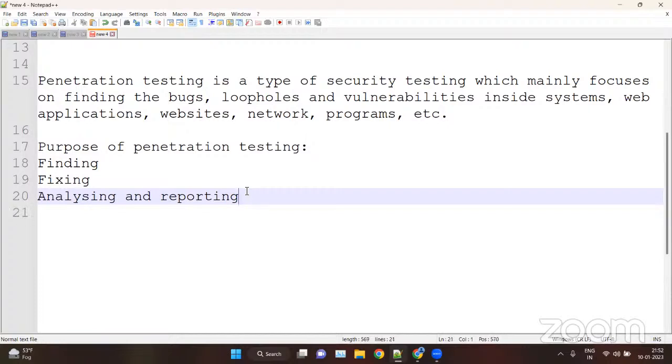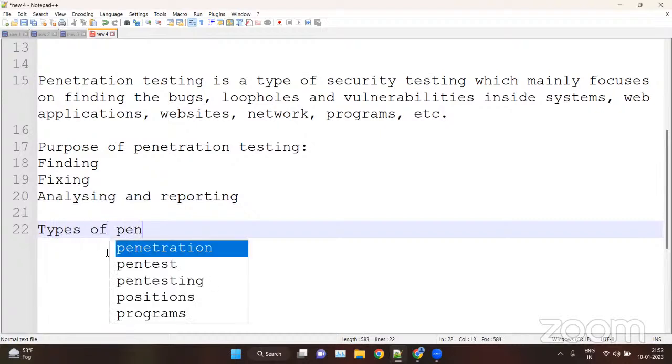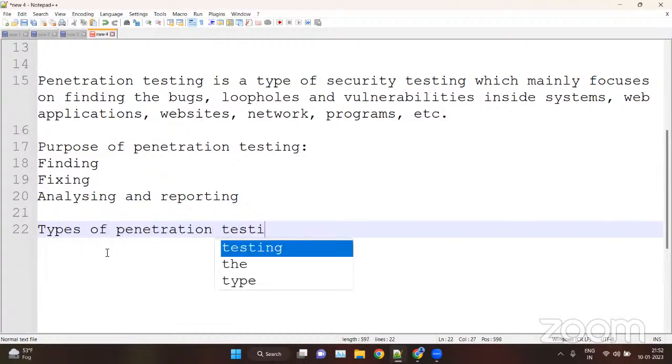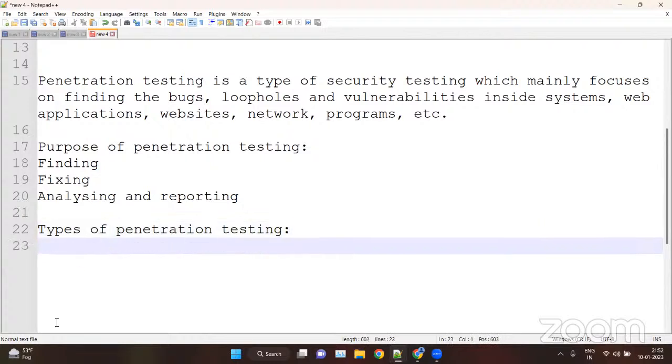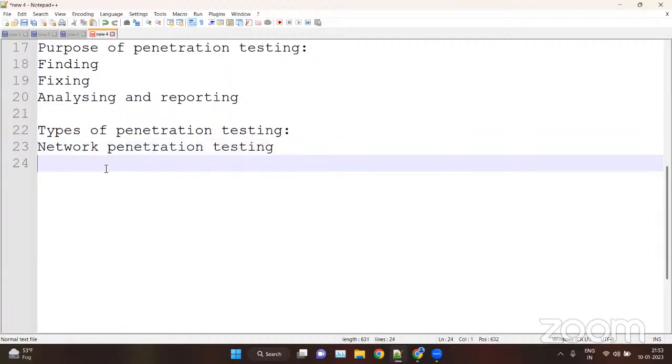Then we have types of penetration testing. So we can write here types of penetration testing. First, I will mention a few only: network penetration testing. Then we have application penetration testing.